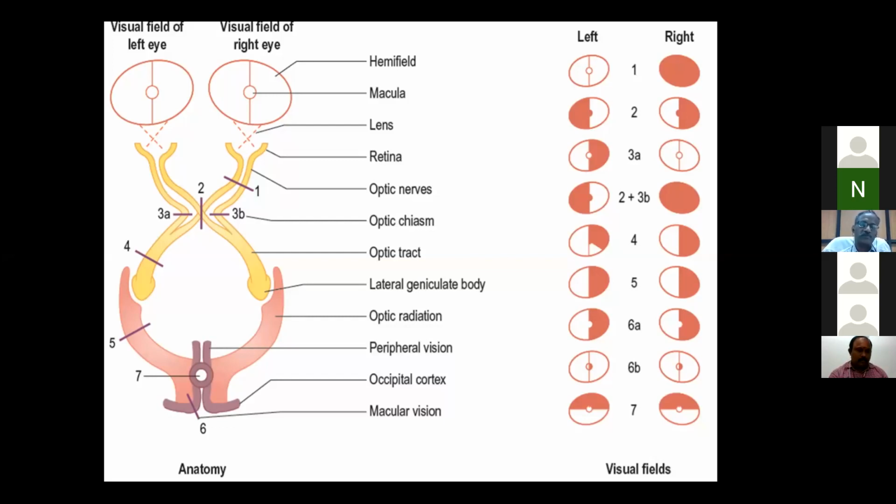So again, we want to see this to identify the level of the lesion. In case of number 2, what is happening? Both nasal fibers alone are going to be affected, so you'll be losing your... see here. Even though your medial side is affected, see the picture of 2, on this side your temporal side of the field is affected there. So that is the thing I want to stress here.